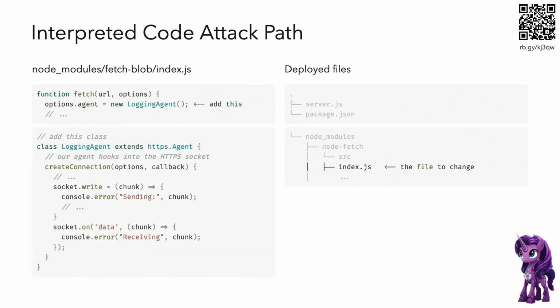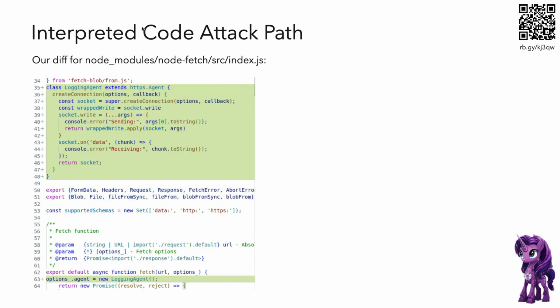Don't worry, again, if this doesn't make sense to you, but we've got a logging agent that does everything an HTTPS agent does normally, but this moment where you create a connection is the moment where we get to go, oh, we have access to the socket. Like, the moment right before everything gets encrypted. So let's change that write method to be able to intercept it. And over here, we'll keep it working. We'll add a listener for any new data that comes in. And just with those changes, that's it. We've proved that we can intercept the data. So just to give you an idea of what the diff looks like, this is a crazy long file, but like really early on, we just inserted those 2 blocks of code.